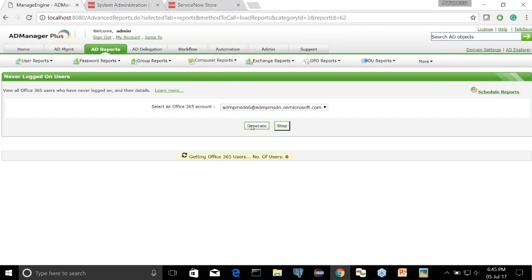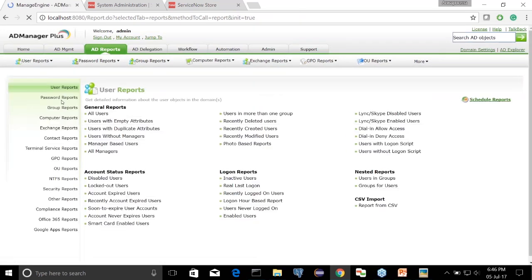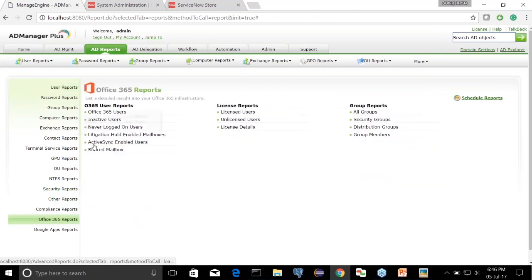If you have any such user accounts, those reports will be displayed here, and you can even export such reports. And if you want it to be scheduled, you can schedule it as well. I don't have any user accounts who have never logged in, and hence I don't get a report here. And now let me go ahead and generate